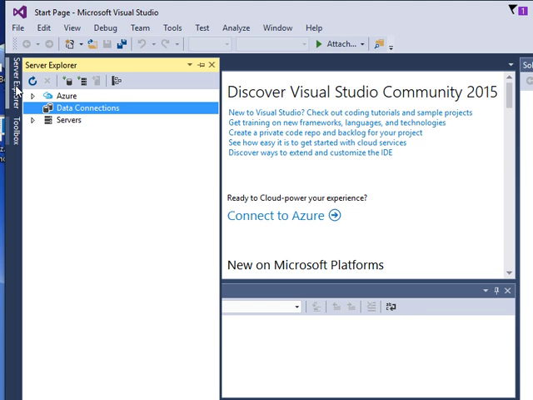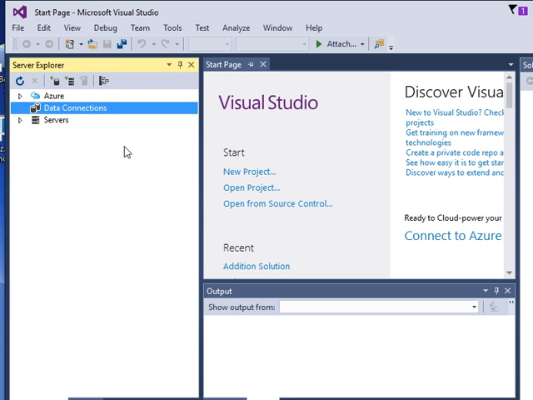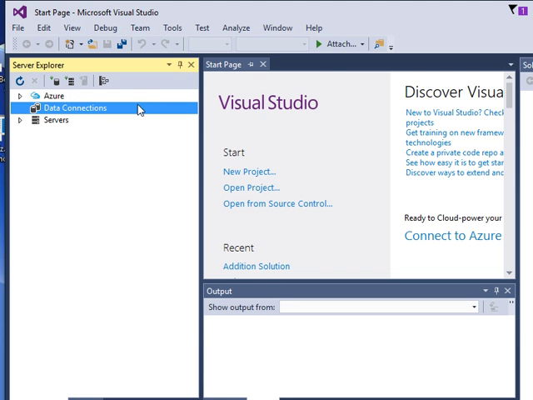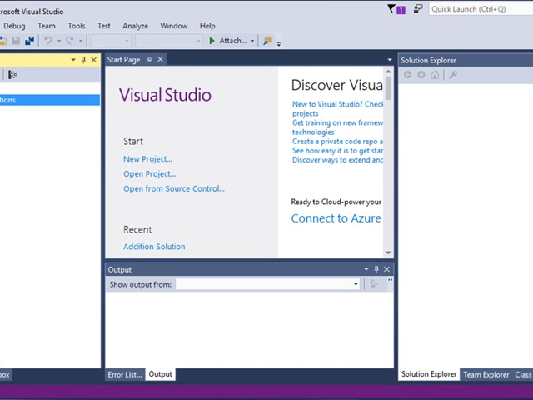So over on the left hand side, I'm going to go with Server Explorer, and I'm going to pin that down. And if you didn't see it over there, you can go to Views, and one of those is Server Explorer. I already have some databases, and I just want to generate a connection to those. In fact, if I hover over that, it says connect to a database. So I'm going to click on that,